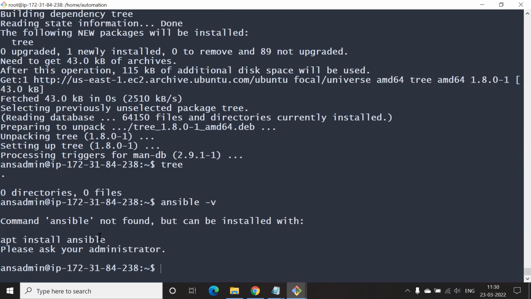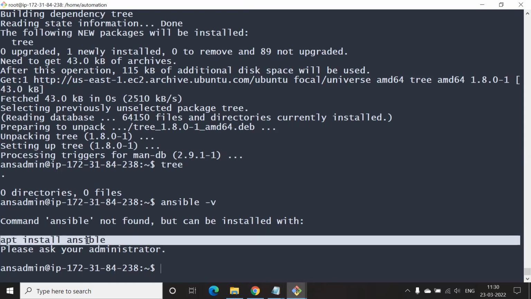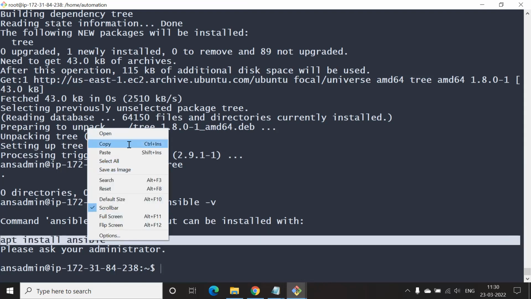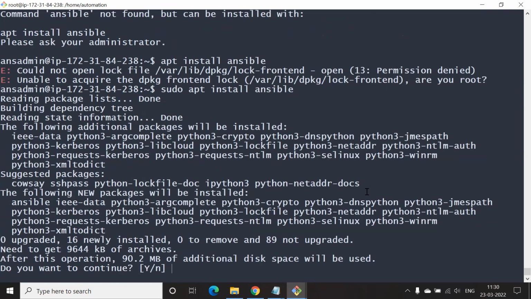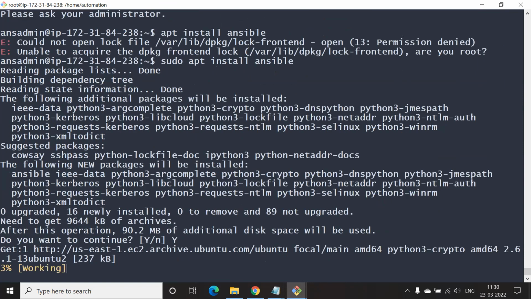Okay, so go ahead and try to install Ansible. Maybe this one also requires sudo. Good answer. Yes.